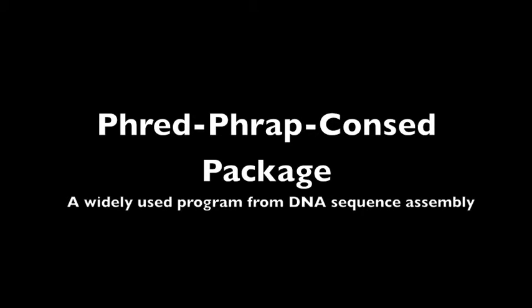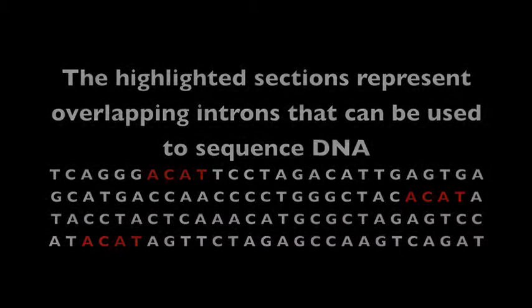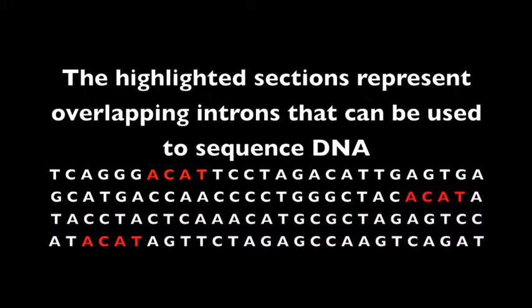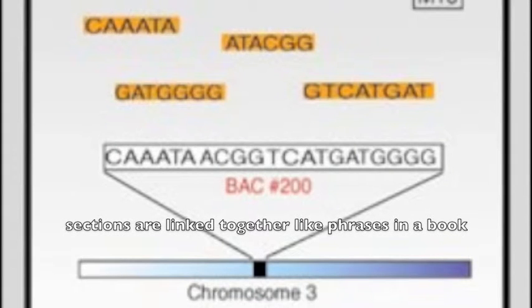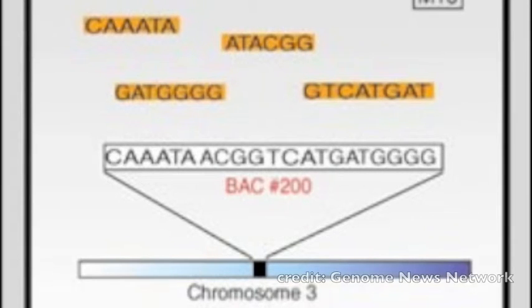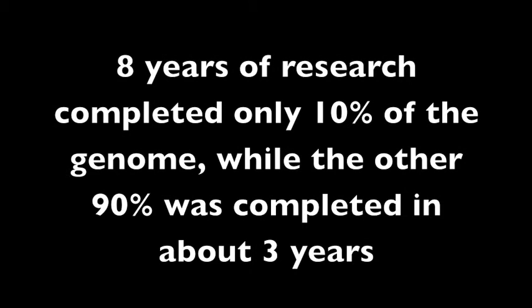PHRAP, which searches for common overlapping introns. This process can be likened to chopping up a book, transcribing many copies of that book and reassembling it by looking for sentences that overlap to make coherent sentences, with repeating introns being the overlapping sentences. Unfortunately, this process is quite time and labour intensive, which caused the early years of the project to pass at